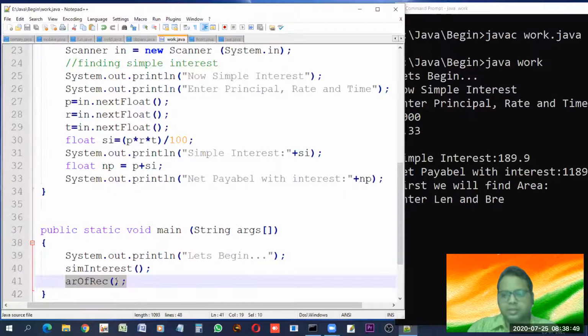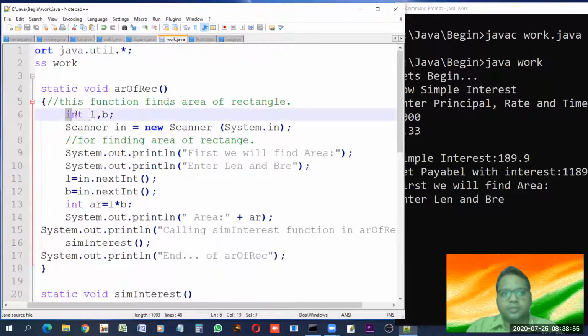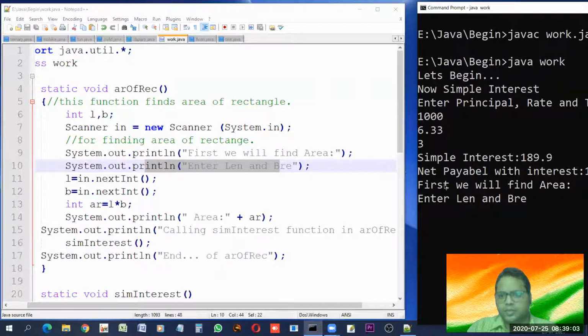This is the call to areaOfRectangle, invoking that function. Now go up and call this function. Two variables are created, then this, then this line and this line. This is recorded, so you can watch it any number of times in slow motion or fast forward.